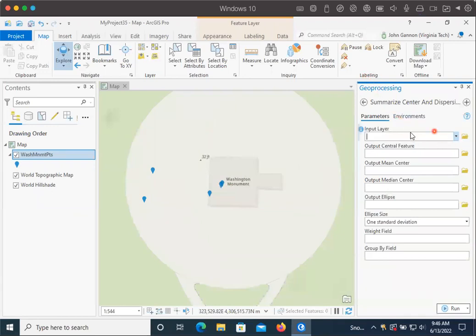First we tell it what we want to summarize. In this case, we only have one thing in here, and this is our GPS points of the Washington Monument. Then you have several different options for outputs, and what you want to do is give each of these a name, so that we can figure out which point is which. So I'm going to say central feature, mean, median,